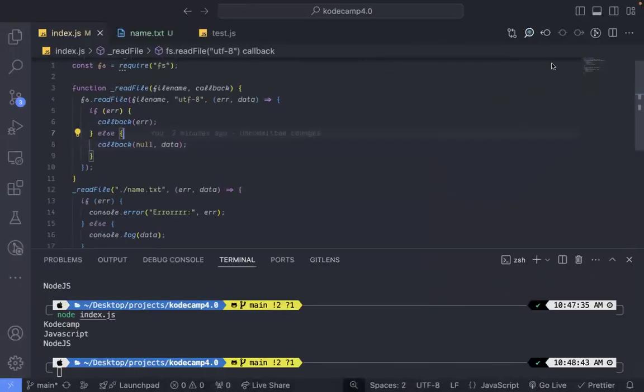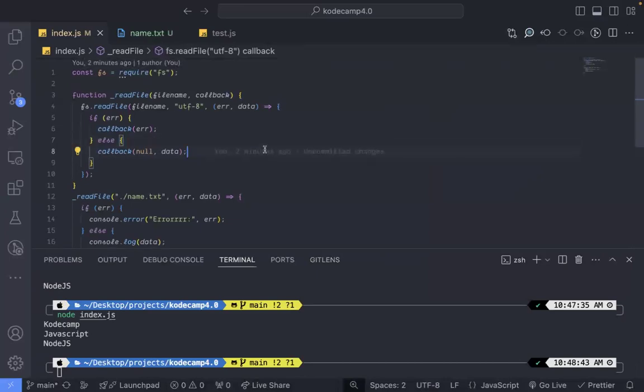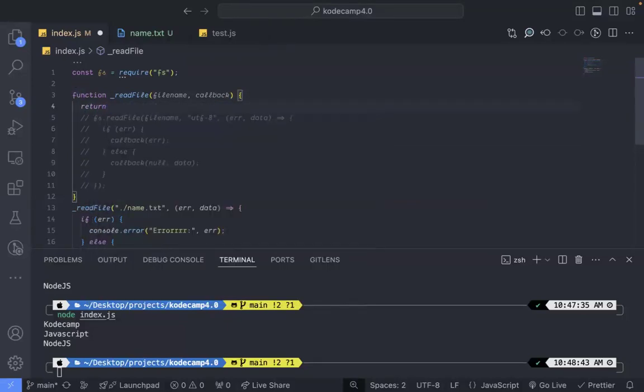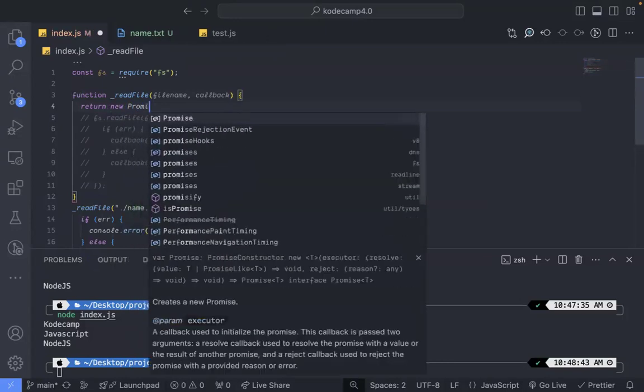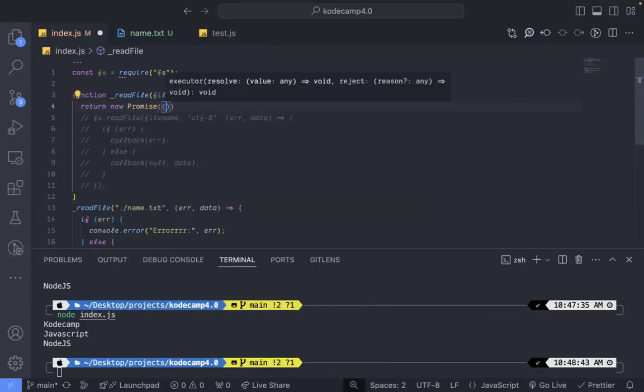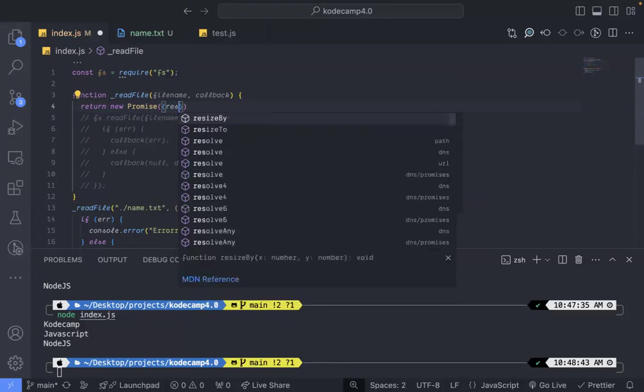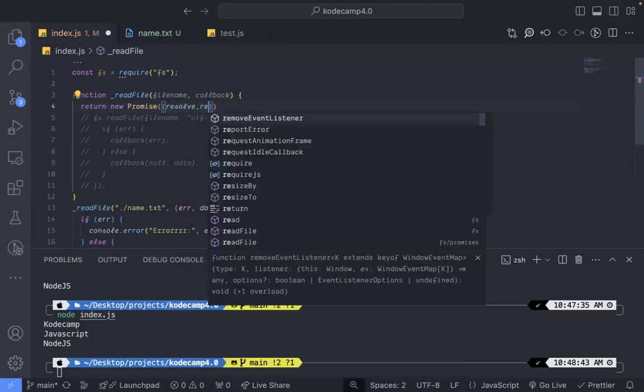In using promises, instead of this read file, you can do something like this. Comment this out. You can say this should return a new promise. I pass in an executor function with resolve and reject,